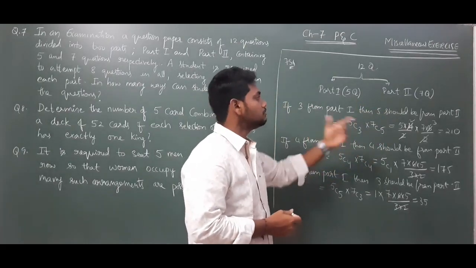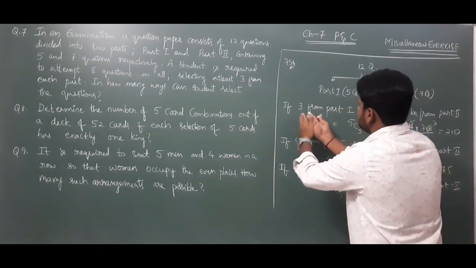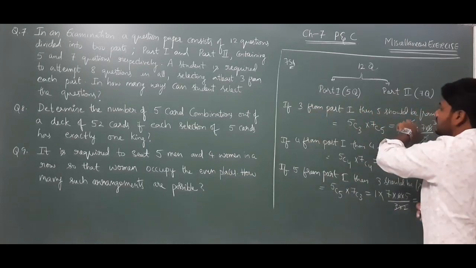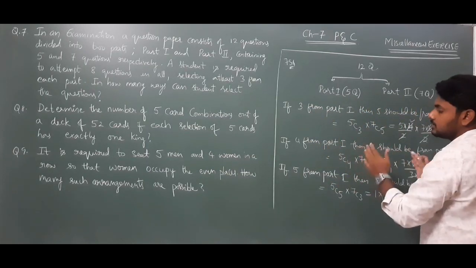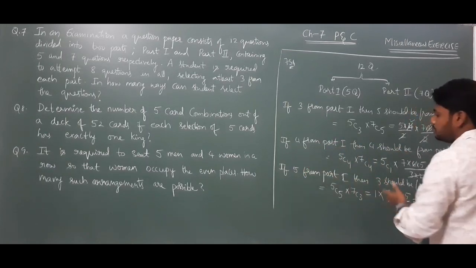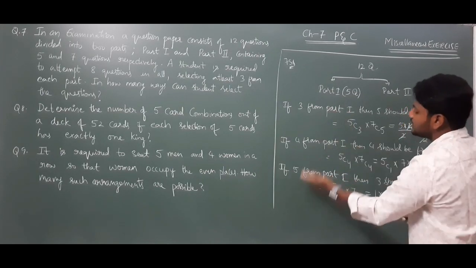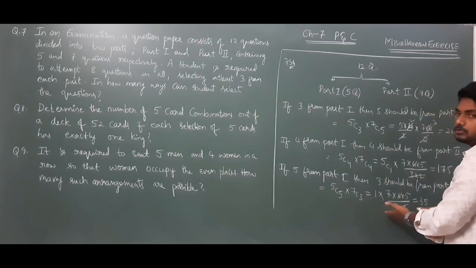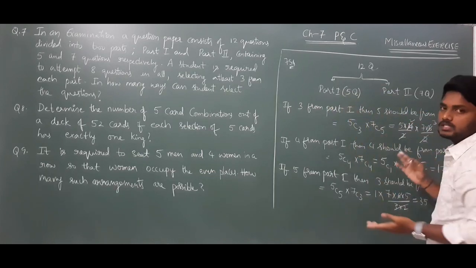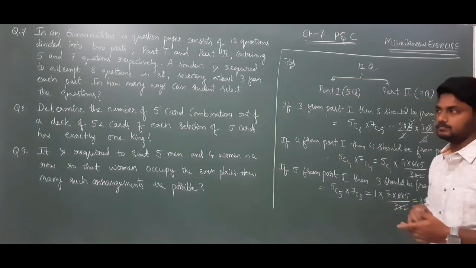So only these are the possible cases where we need to select 8 questions from 5 and 7, in which at least 3 should be from each part. We should not write less than 3. If it is 3, it should be 5. If it is 4, it should be 4. If we take 5, it should be 3. Here again we cannot take 6, because 6 questions are not there, and if we take 6 here, it will be 2, and at least 3 should be there. So those cases we should not take. Only the 3-5, 4-4, 5-3 cases should be there.